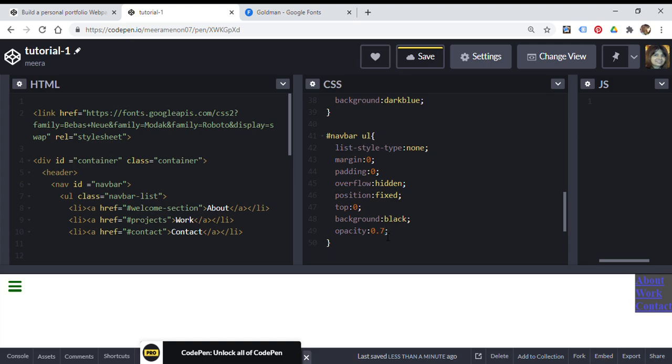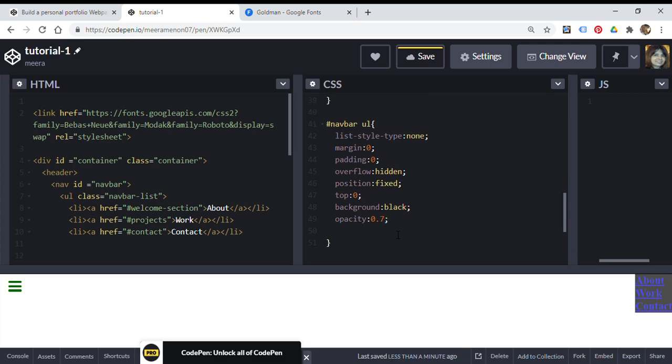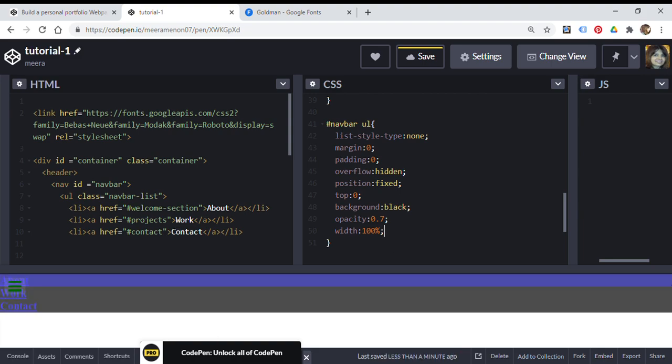If you make it 8, it becomes like this. So you can keep playing with it and experimenting with it. But no need to do that if you just want a black background. Opacity has to do with transparency, increase or decrease. So width 100%. As mentioned earlier, I want it to run through the whole width of the page. Yeah, so it's done.